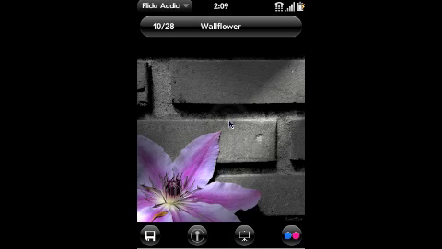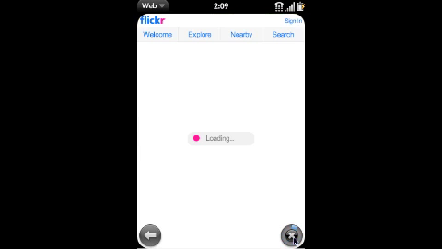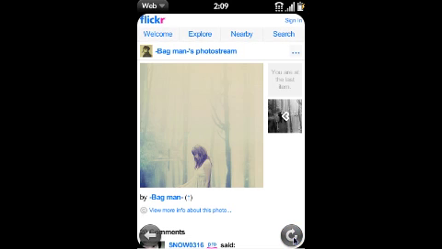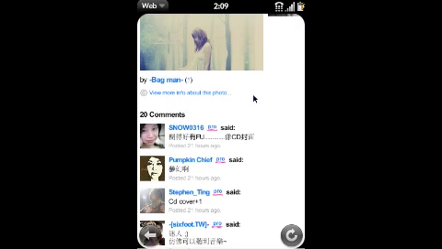If you like any particular photo, you can just tap the Flickr icon on the bottom right hand corner and it'll take you to the web page for that photo. From there you can leave comments, you can browse other photos by that user, etc. So here the page is loaded up. Going back to Flickr Addict,